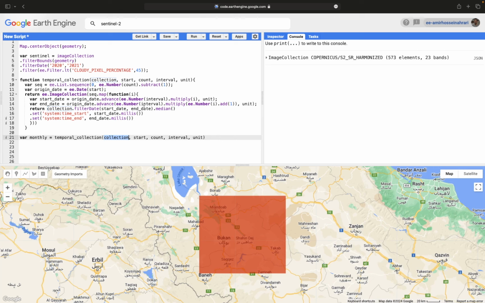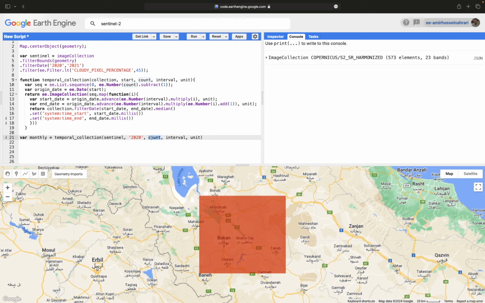For example, instead of collection, we will have Sentinel data, and a start date should be equal to the start date for the Sentinel variable, that is 2020,